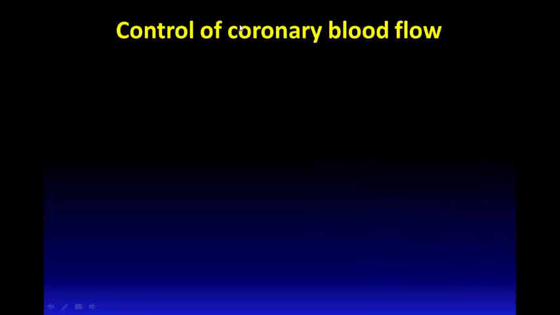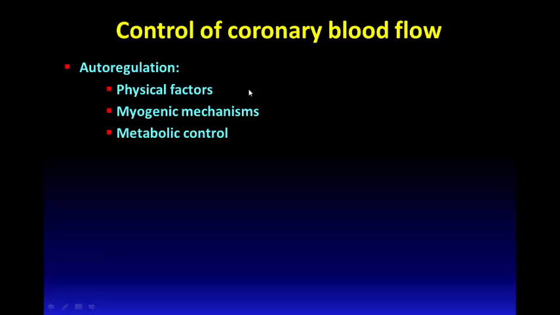Now let's describe the regulation of coronary blood flow. Coronary blood flow has autoregulation by physical factors, by myogenic mechanisms, and by metabolic factors or metabolic control. Coronary blood flow also has intrinsic regulation in the form of nervous control. Coronary blood flow is also regulated by nitric oxide, and this form of regulation is considered a paracrine regulation